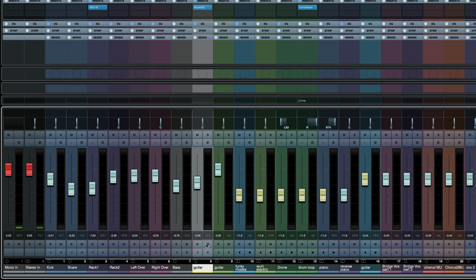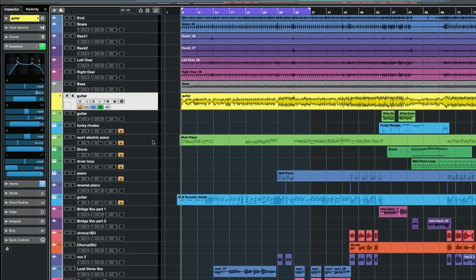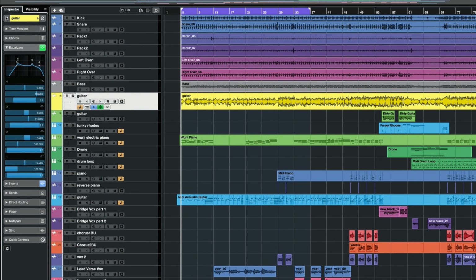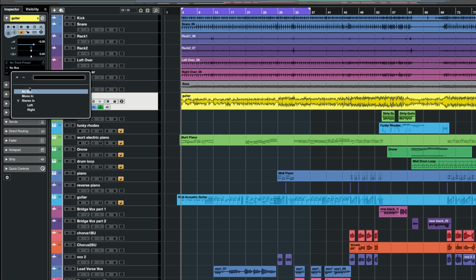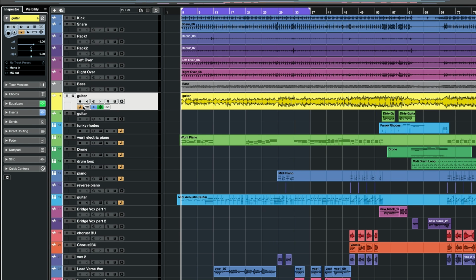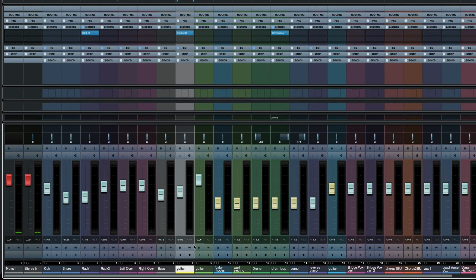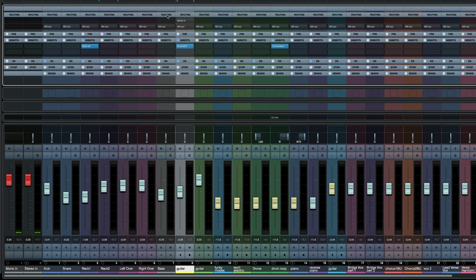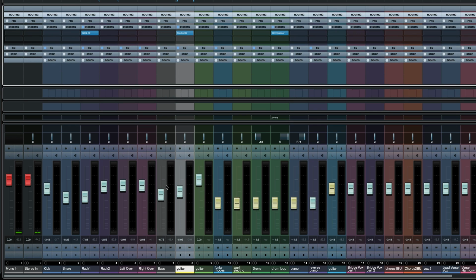Then you've got your read and write automation buttons here, your input monitor, and your record button. This is currently grayed out because I don't have an actual physical input assigned to this guitar. So in order to have those buttons show up, let me just assign an actual physical input. Notice the input monitor and the record enable button have now become something I can actually turn on, as opposed to these ones, which do not have anything assigned in their routing, which we'll get to in a second, but I just wanted to show you that.